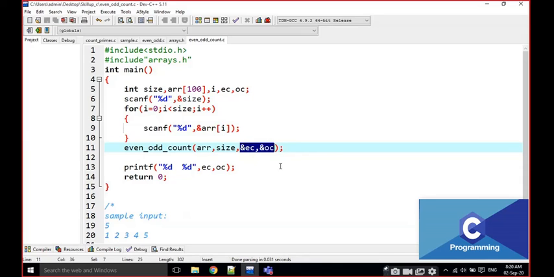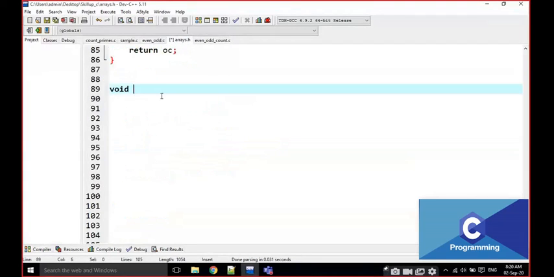We are going to use the address. That means we are passing by address here. If you modify any value in the function, I will show you how it works. even_odd_count of int star arr, int size, int star ec, int star oc.